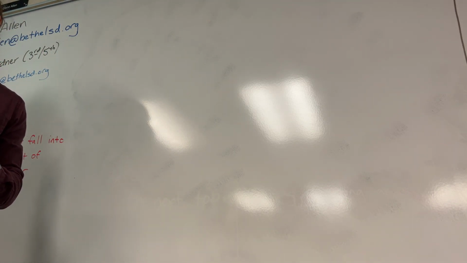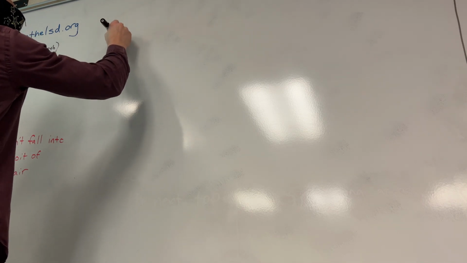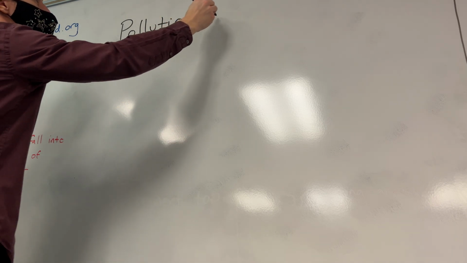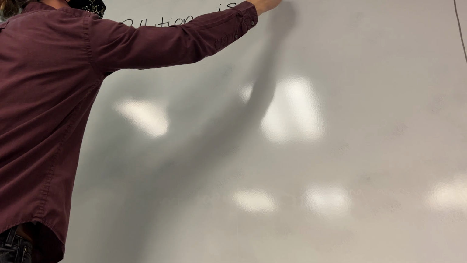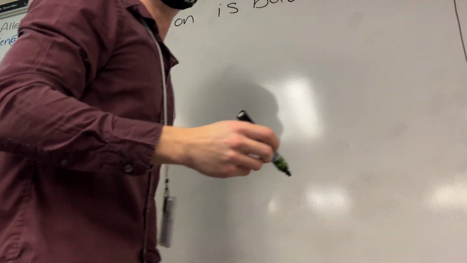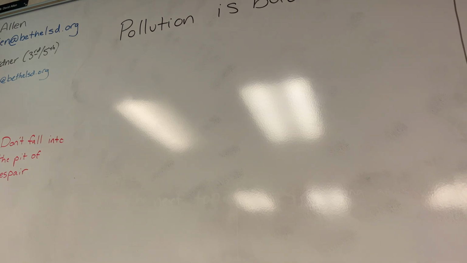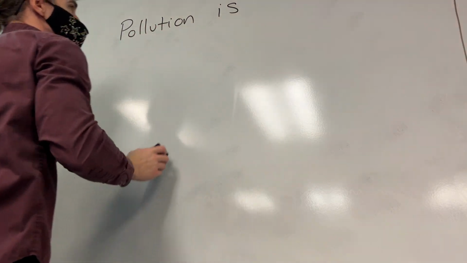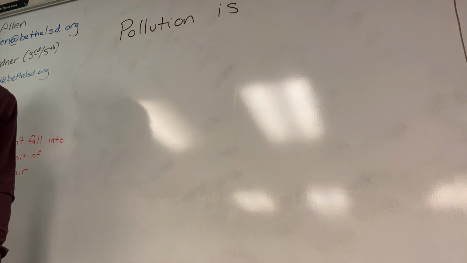So here's an example of a non-argumentative thesis, taking it all the way back to middle school. Pollution is bad. That is non-argumentative, because by definition, pollution is bad. If you disagree with that statement, you're objectively wrong. No one can logically say that pollution is not bad. In middle school, their argumentative essays were always like something should be banned.